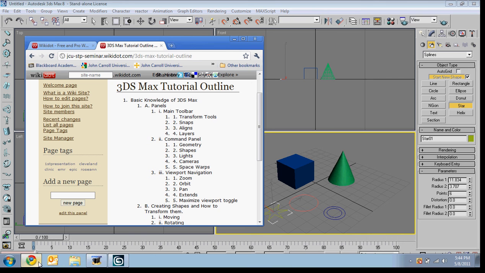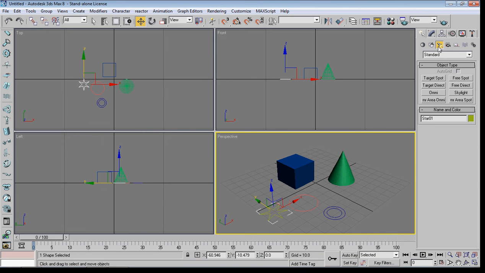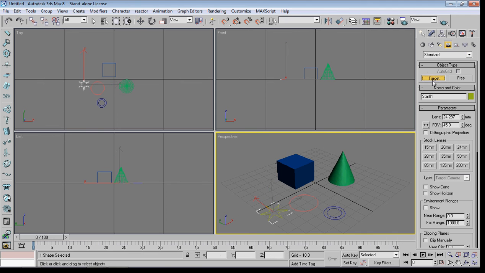Next, we will go to our lights, which is not really of a huge concern with us just yet, just because it's a lot more advanced. But this is where you can do your lights. I personally haven't really used them that much, so we'll leave that for a later date, and go next over to the cameras. For now, we're not really going to use cameras either, because we can just stick with the default kind of camera view here, and render from here. But if we really want a different view, and we want to create a new camera,